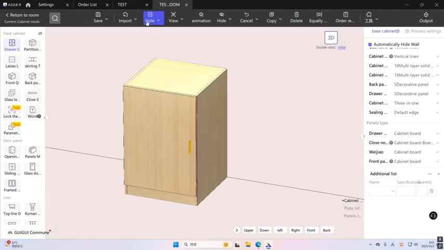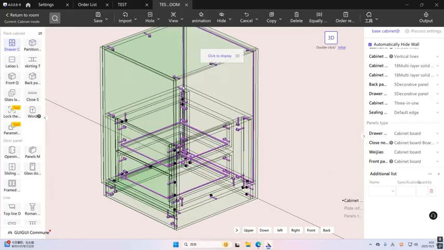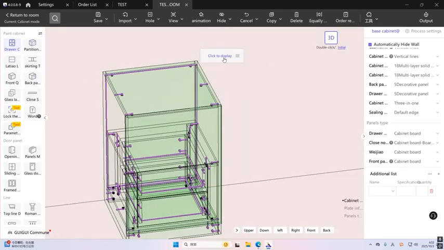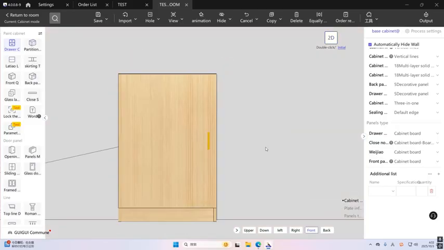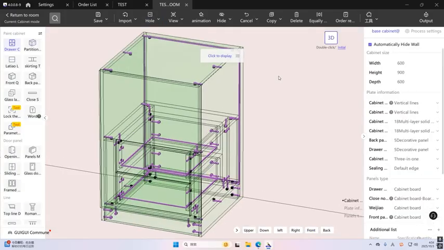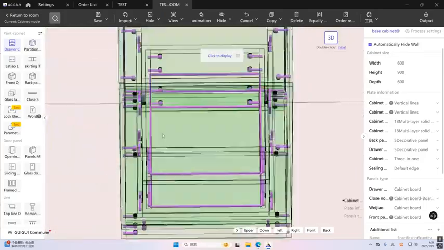And about here, we could also see the structure inside of this cabinet. Like if we click this, we could see how many holes are inside of this cabinet. It depends on how we connect or how we do our cabinet. For example, in China we usually use, you could see there are some hardware at each corner of this cabinet. It's called